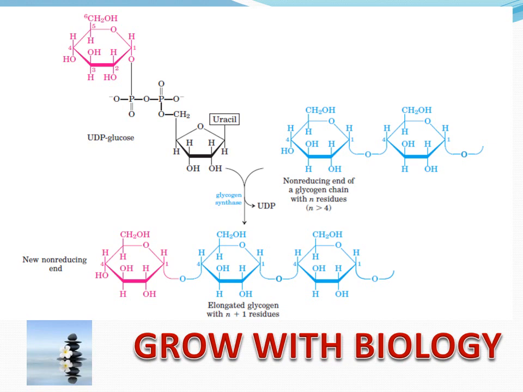Again, a non-reducing end will be generated, because in glucose the active group or the reducing group is CHO, which is utilized in the bond formation. So, when there is a linkage between the 1st and 4th carbon, then the CHO group is utilized, and thus the end which is free is now a non-reducing end. So, this increases the previous glucose molecules by 1, and thereby the glycogen molecules are forming.